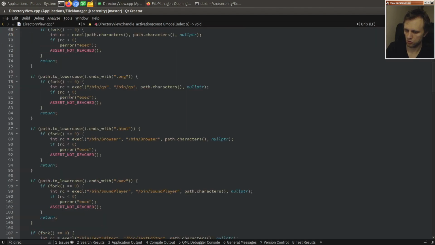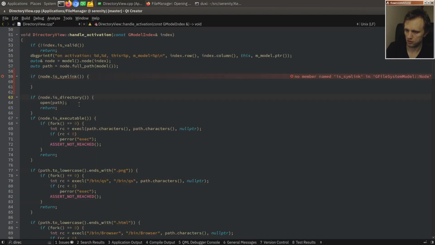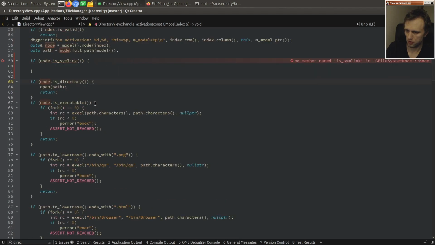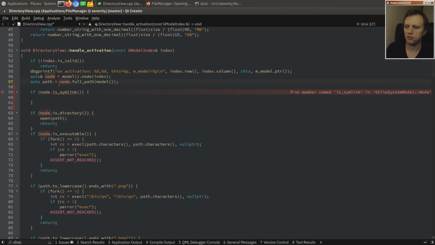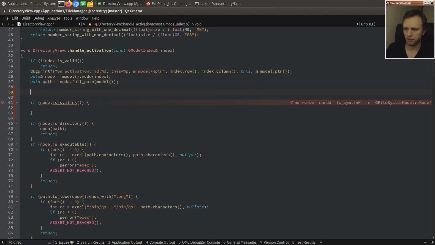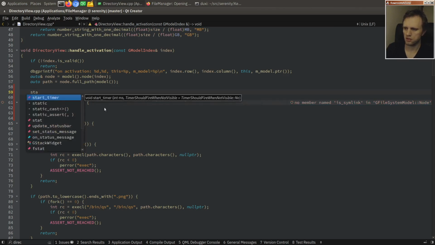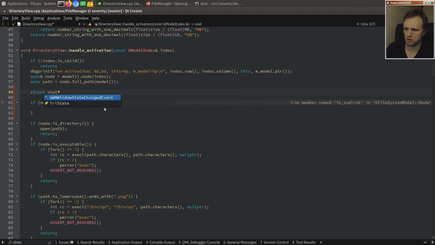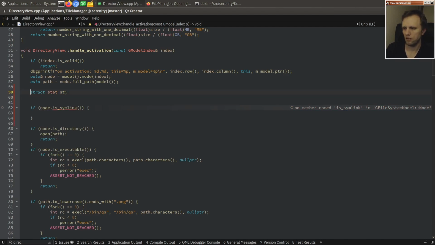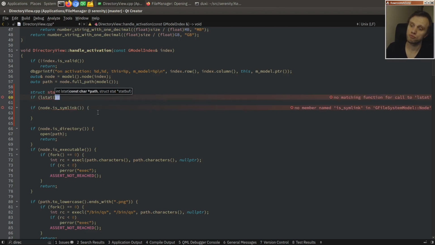Then what do we do with node? Not a whole lot, really. So it's really only used for the path here. So maybe what we should do is we should just stat the path. So let's say stats st, maybe just like that. No? Okay, I'm sorry. lstat of path